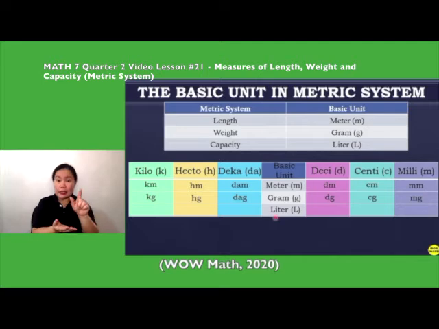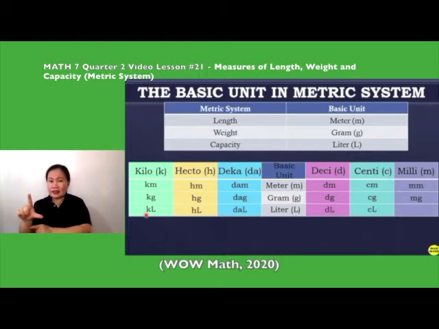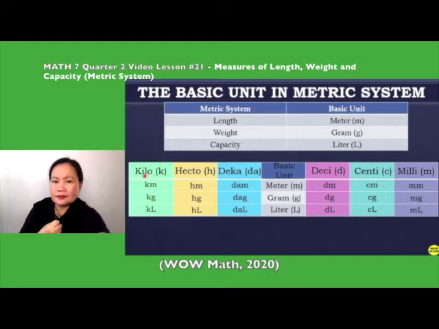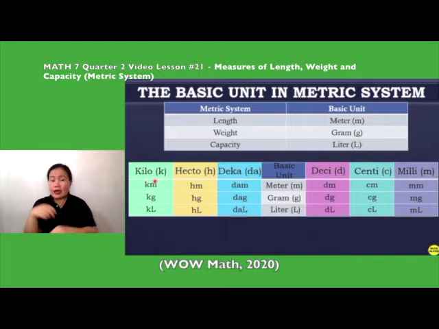So, for liter, papalitan lang natin yung basic unit: kiloliter, hectoliter, decaliter, deciliter, centiliter, and milliliter. As you can see, halos pare-pareho lang siya. Basta kabisado po natin, memorize po natin ang mga prefixes. Okay? Prefixes po: kilo, hecto, deca, deci, centi, milli. Or para mas madaling ma-memorize, you may use the acronym for,